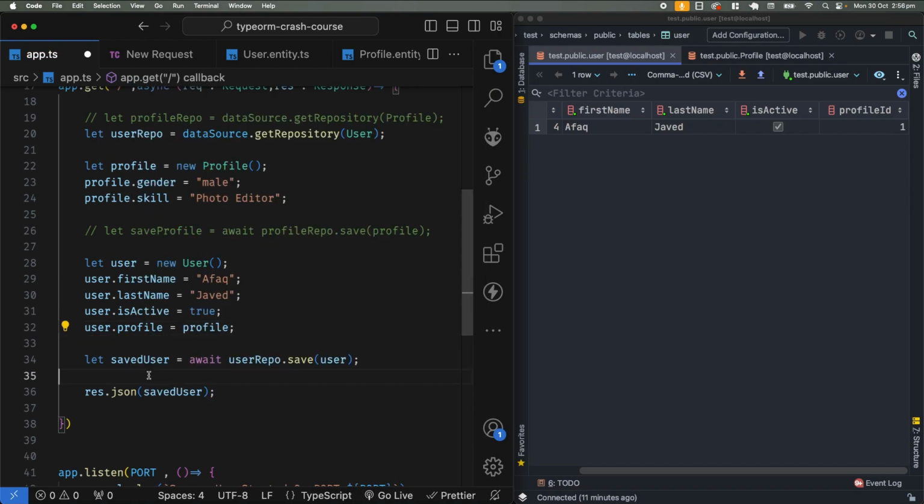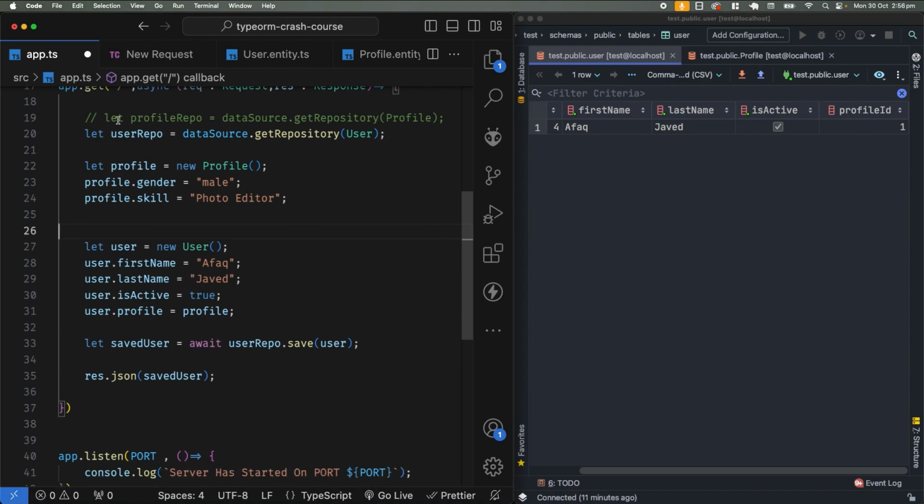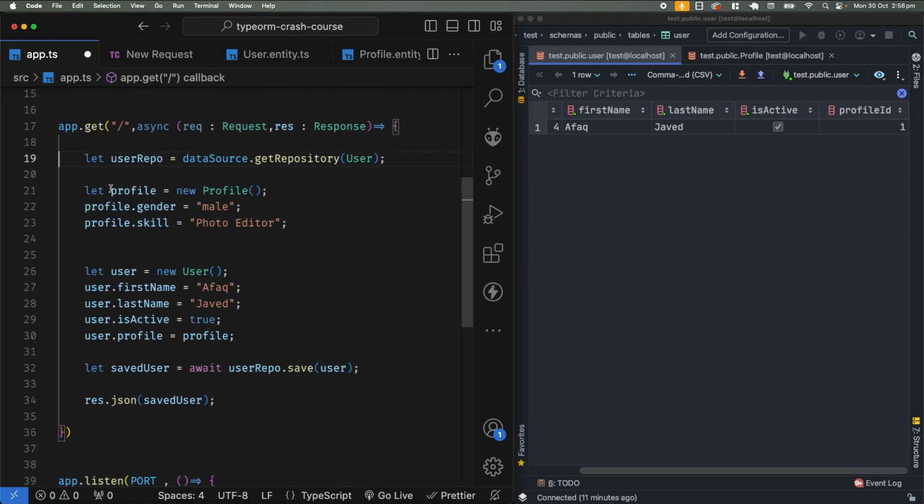Okay, so let's make it more simple. Let's say for now we don't need our user repository. I will remove all those things. So let's say we are just creating our profile, we are appending our profile, and we are not saving that profile in our database. I want that profile to be directly appended to our user object,